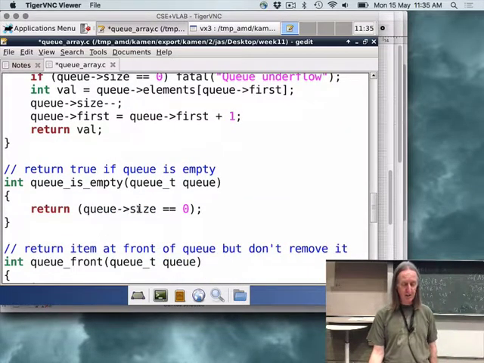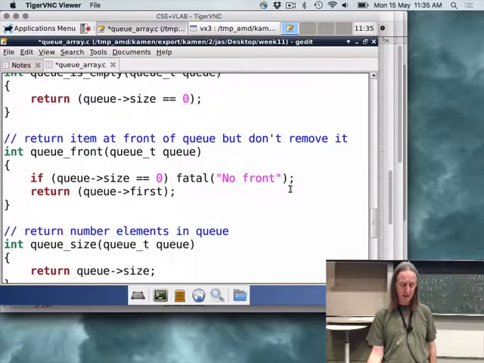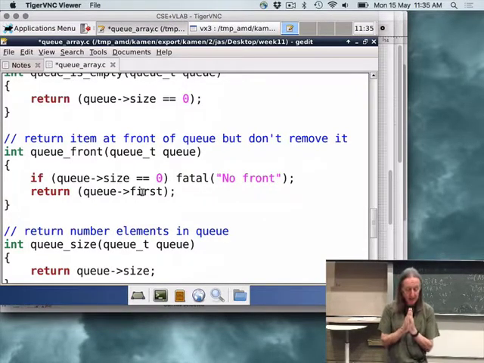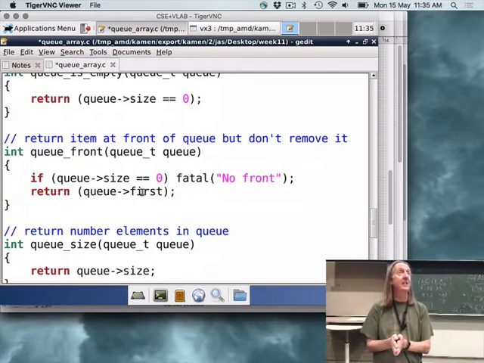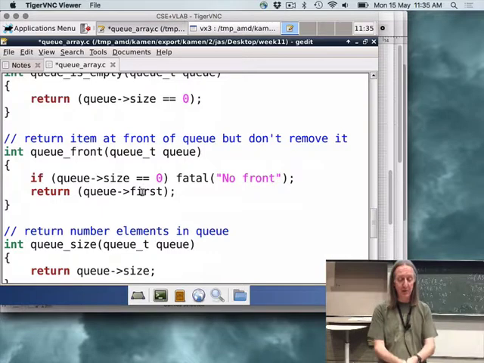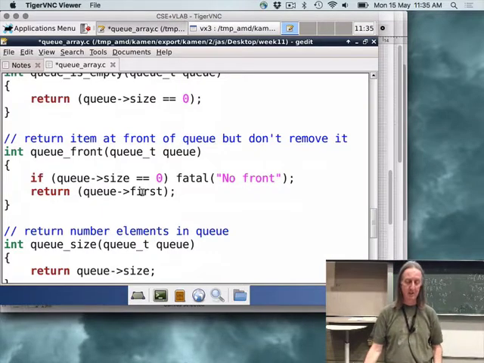Check whether a queue is empty, we just check whether the size is 0. What's the item at the front of the queue? Okay, if the queue is empty, there's nothing at the front, but if it's, that's interesting, that's wrong. If the queue isn't empty, we want to take the element at the front of the queue. We don't want to take the index of the front of the queue, which is what I've done. What we actually want to do is,